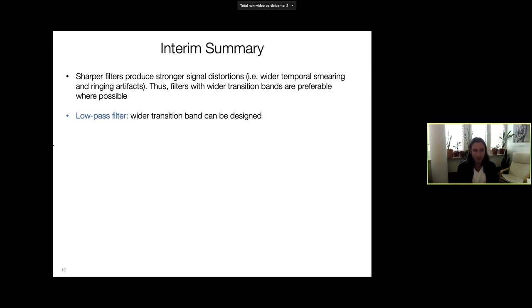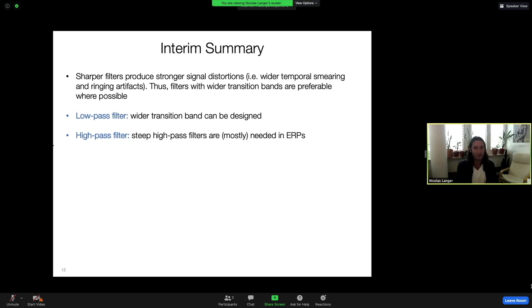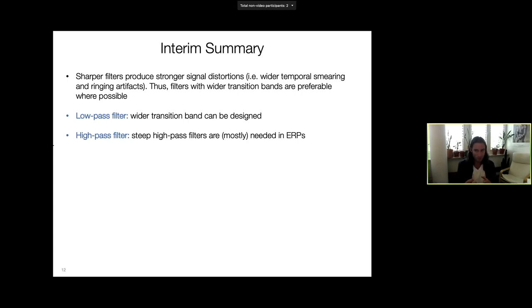Consider that the EEG signal has a 1/f spectrum, so the higher frequencies have low amplitudes, and thus a wider transition band design is not much of a problem. However, for high-pass filters we need steep filters, which should be used for ERP and other EEG analysis,